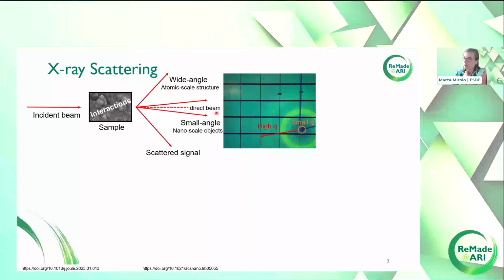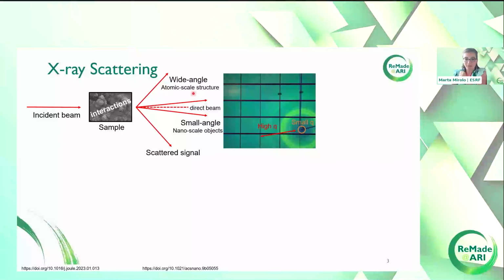In this case, big objects means nanoscale objects, so it's all relative. When we look at wide angle X-ray scattering, we look at large objects in reciprocal space, so small objects in real space,